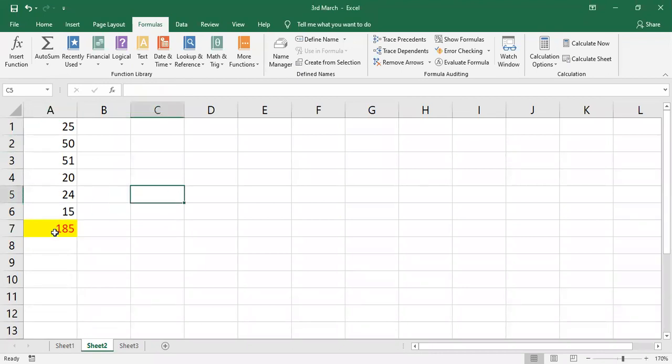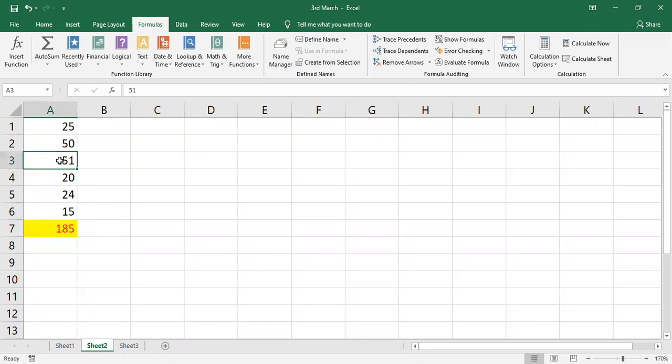Does anyone remember what is meant by precedent and what is meant by dependent? We had discussed these options in the last class, trace precedents and trace dependents. Anyone? So this trace precedent, it is used to know how you got this result from which range. If you click on this here, trace precedents, it will show how you got this result from which particular range. Okay. To remove arrows, what we need to do? You have to click on here, remove arrows.